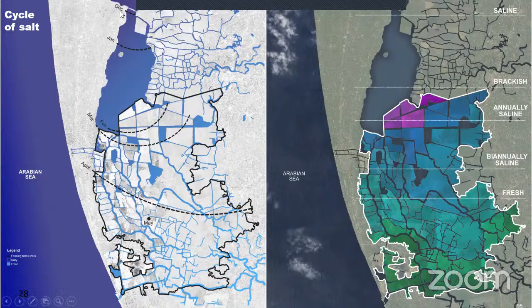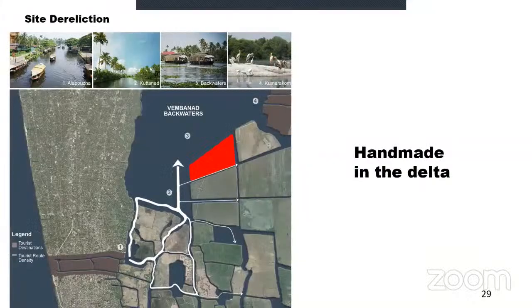And the next dynamic is the cycle of salt. So I did a hypothetical mapping of how the salt would move in the absence of the salt barrier. And this sort of helped me arrive at a principle where you could demarcate these areas into zones with different degrees of salinity based on a temporal approach. And then I zoomed into